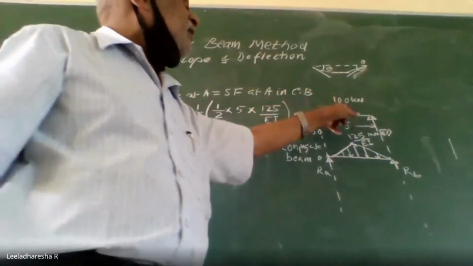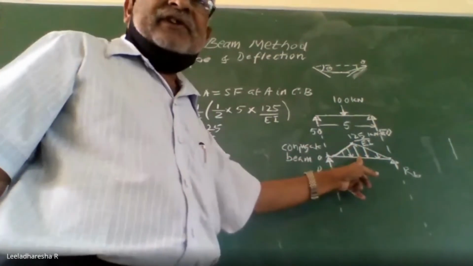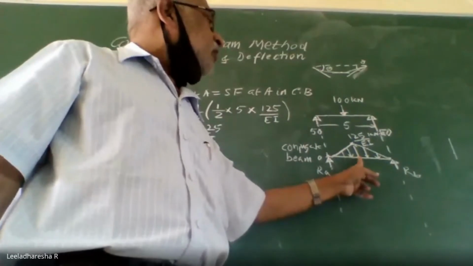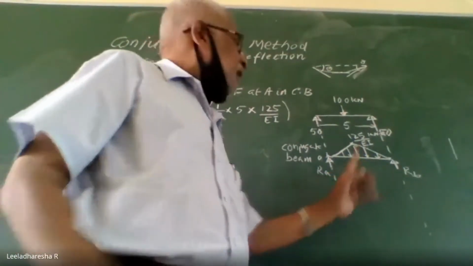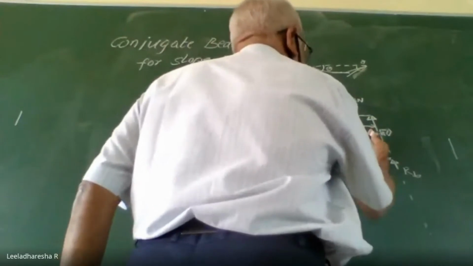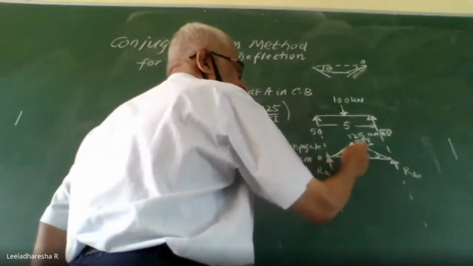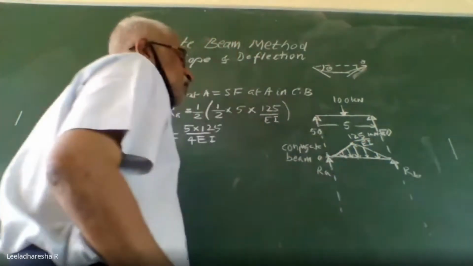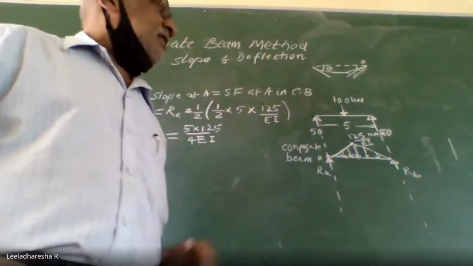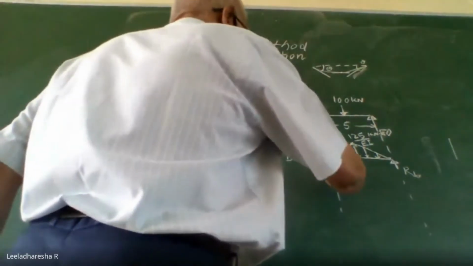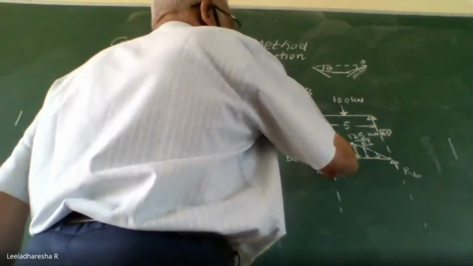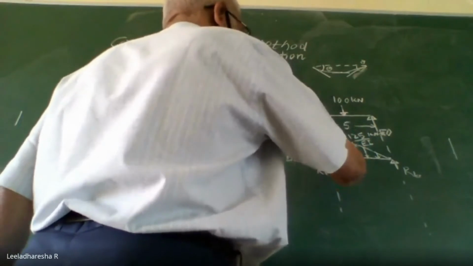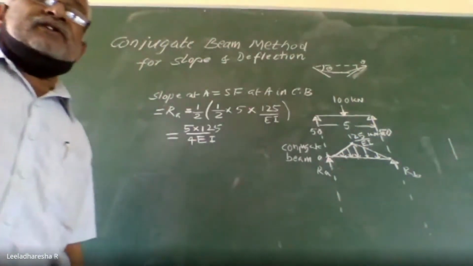We will check whether we get slope at the center as 0 or not. Consider the left part of the section. Triangular load is acting vertically in downward direction and reaction is acting in upward direction. This reaction is nothing but half of the load. Therefore, if you subtract this load and this load, you are going to get the slope at the center